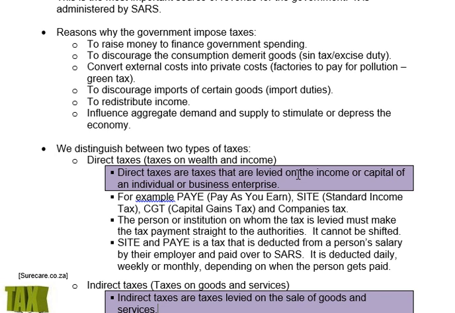If we move on, to discourage imports of certain goods, we use import duties or customs duties. Same thing as with the demerit goods, right? Remember we said imports are leakages. The more we import, the more money we are sending out of this country, the less money is available in our country to develop our own country. We want people to rather support local industries. So to discourage imports, we allow the imports in, but then we slam them with, again, a tax. An import duty or a customs duty is a tax that is placed on top of the price of imported goods, once again to make them more expensive.